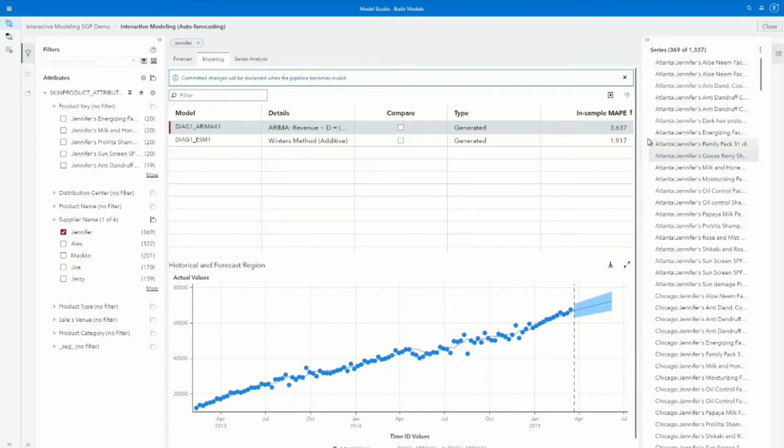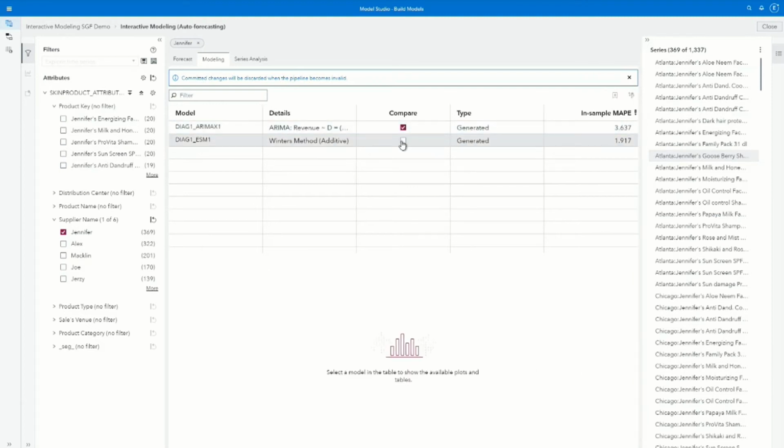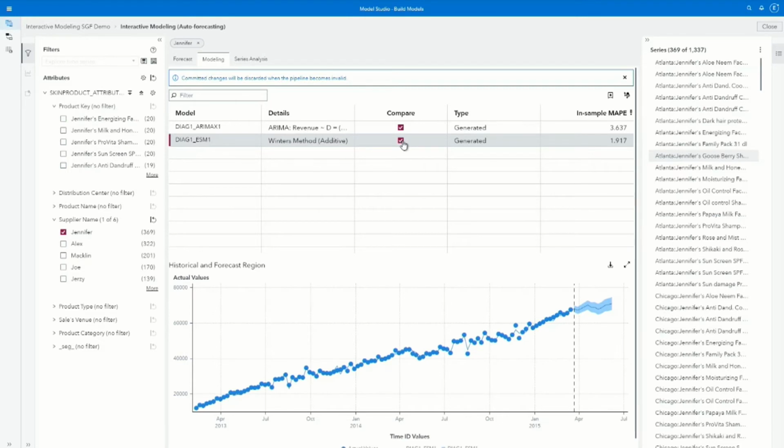Okay, now what I want to do is, you'll notice that there's two icons up here. This first one is a champion icon, which allows me to select any of the models that are in the list and set it as the champion model. The other icon, which right now is inactive, is what gives me the ability to compare selected models. So I'm going to select, I only have two models here, so I'll select both of them. And I can now hit the compare icon. You can see it is now active.